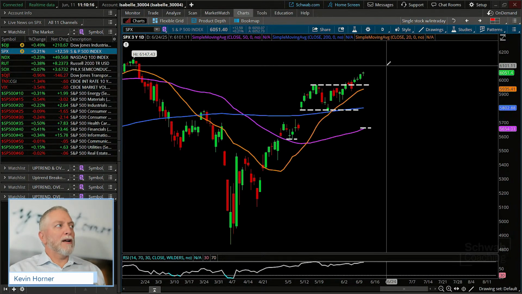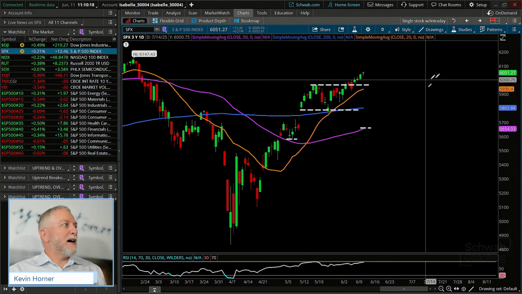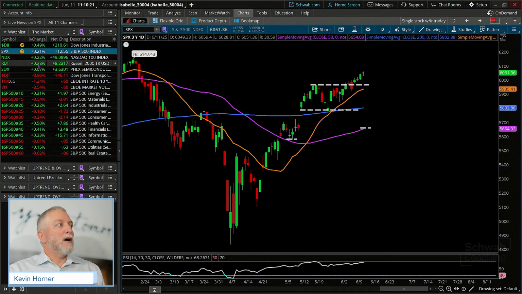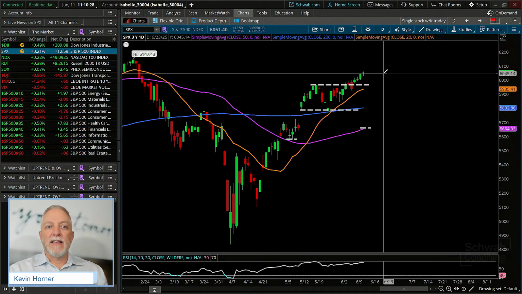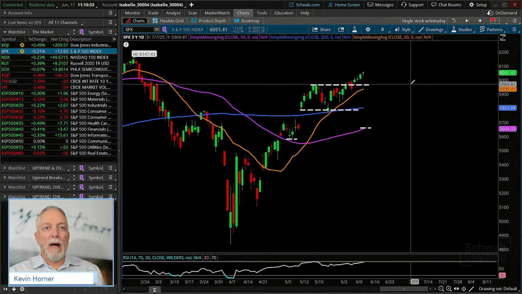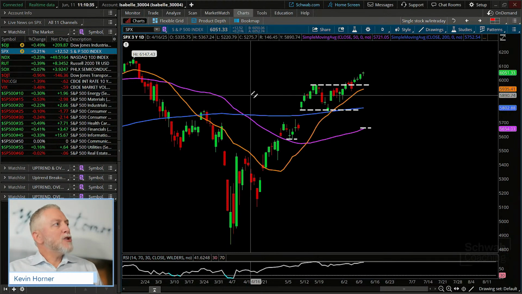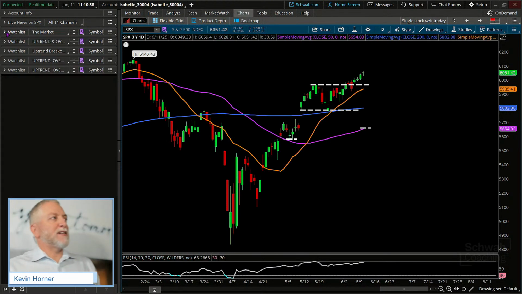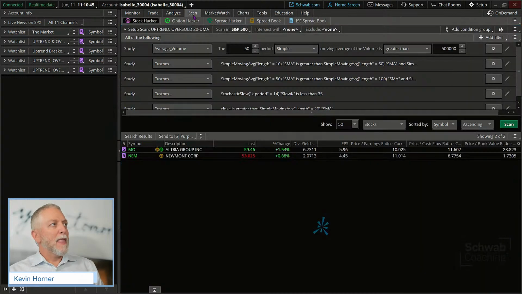That's a brief look at the S&P. Obviously, we're maintaining green, so not as bullish perhaps on the cooler CPI as we might have been hoping for, but nonetheless, this at this point does not appear to be in the midst of a breakdown or a pullback just yet. So let's talk about some of the scans available that I have pre-built, pushed into my scan tool here, and I have already loaded as watch lists along my left-hand rail.